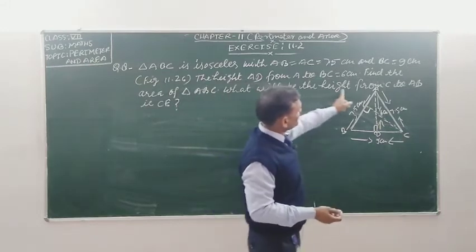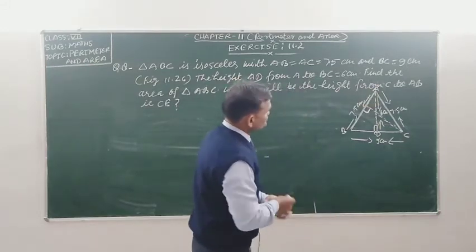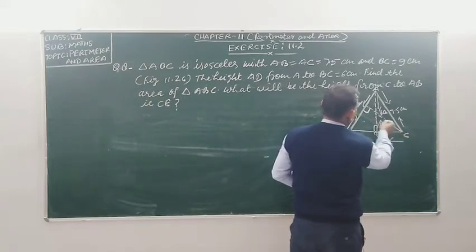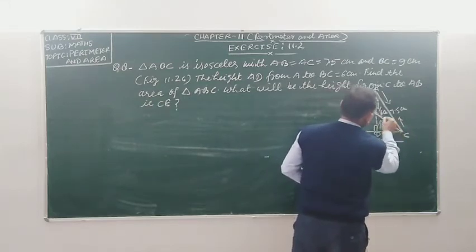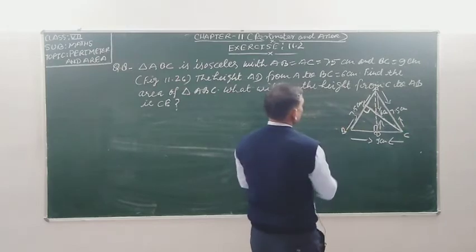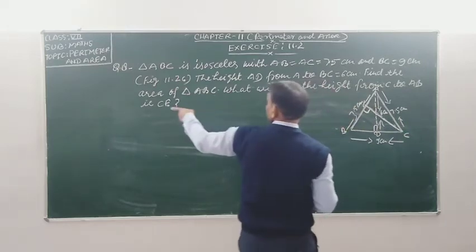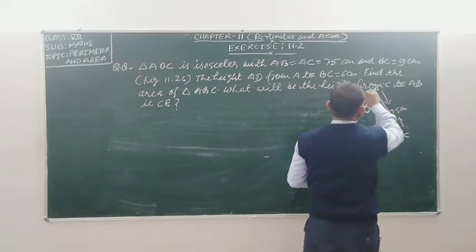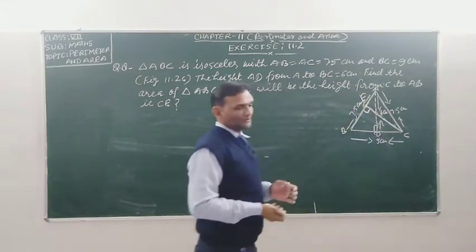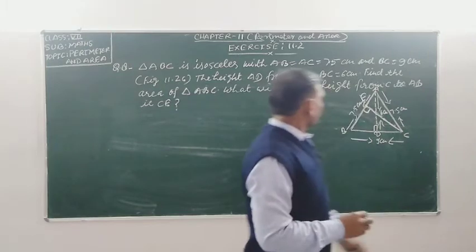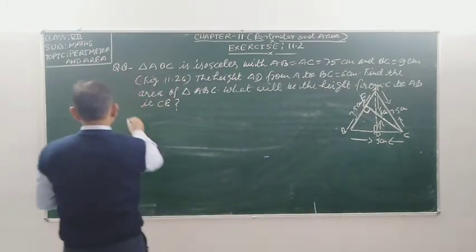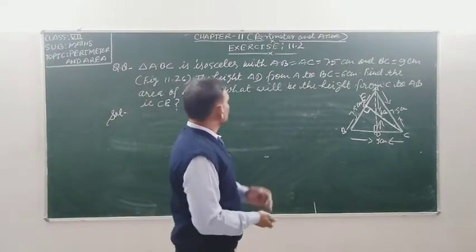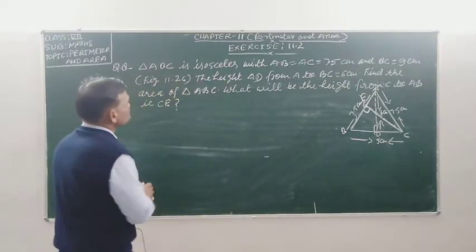What will be the height from C to AB? AB is that, C. The name of this point is E. So student, I am going to solve this question. Like question number 7, you will solve this question as seen. So student,